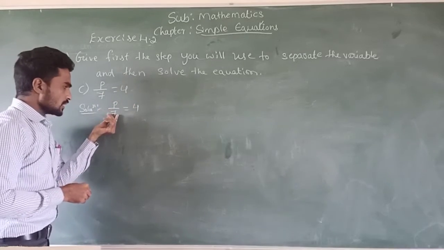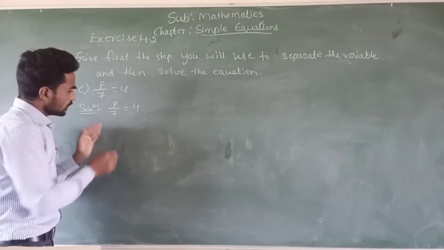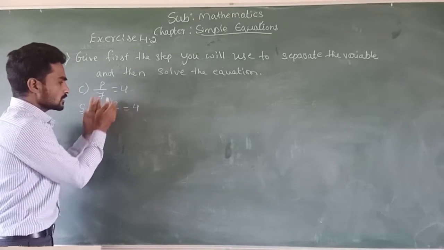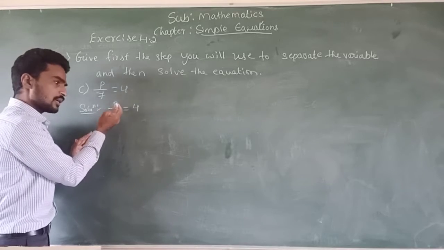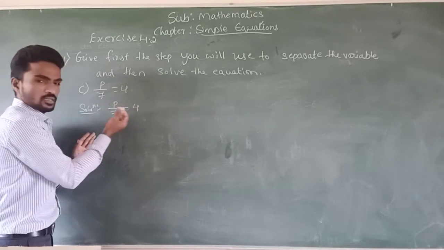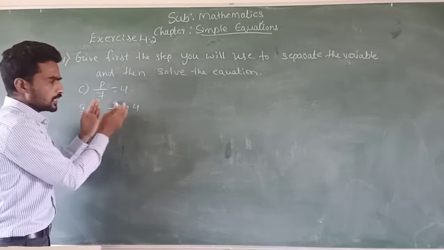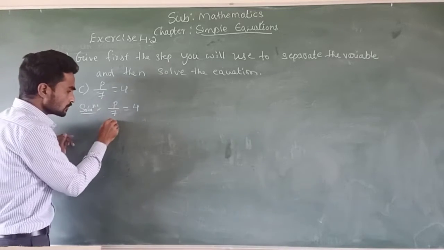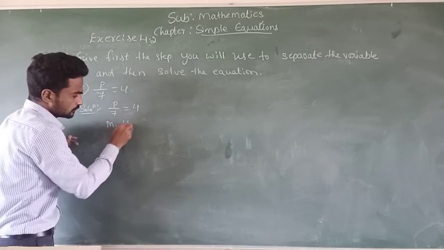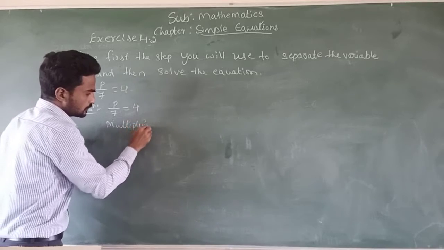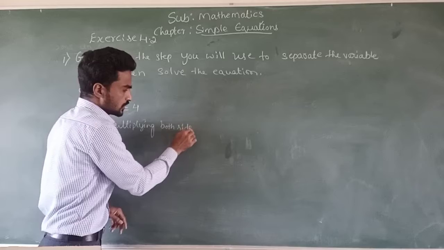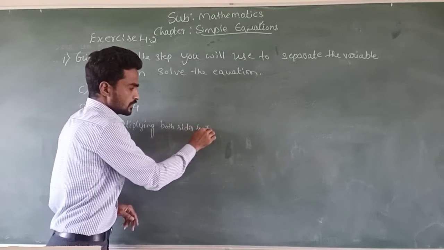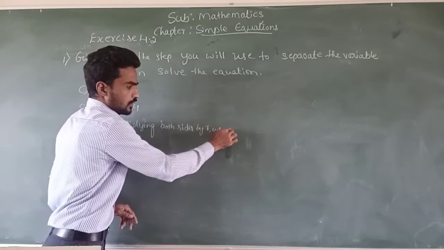Here 7 is dividing p. Then for cancelling this 7 and separate the variable, we multiply by 7 to the LHS side. Then p is separated. Then multiplying both sides by 7 we get